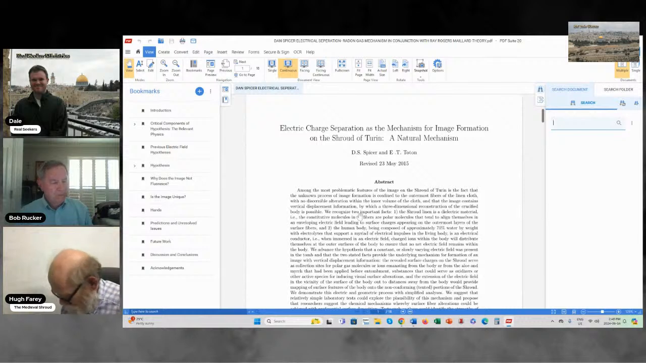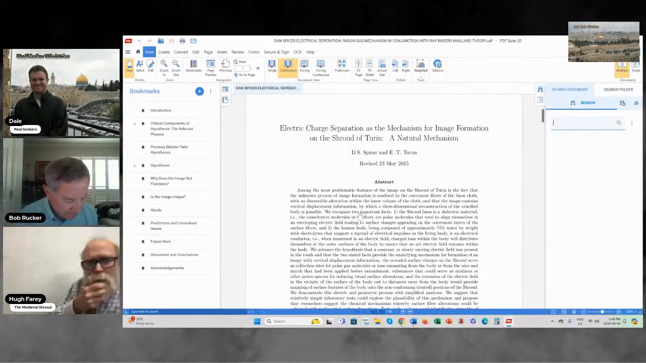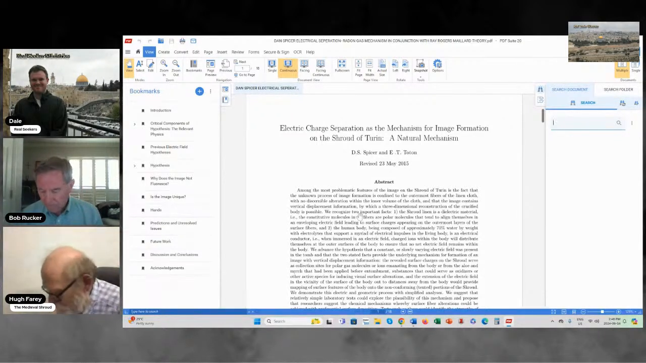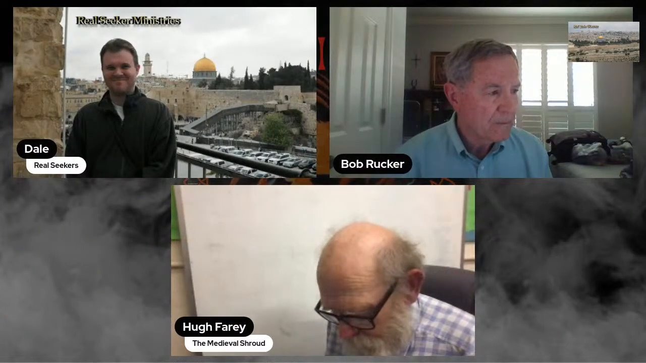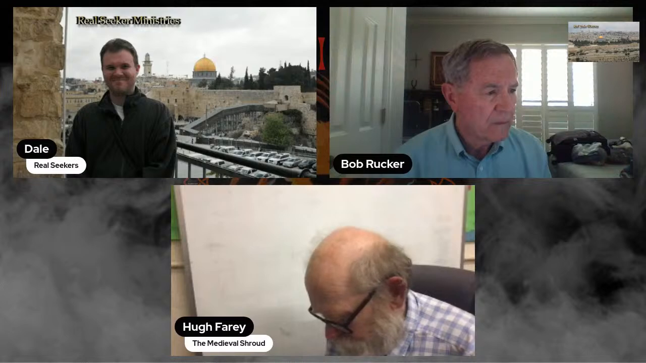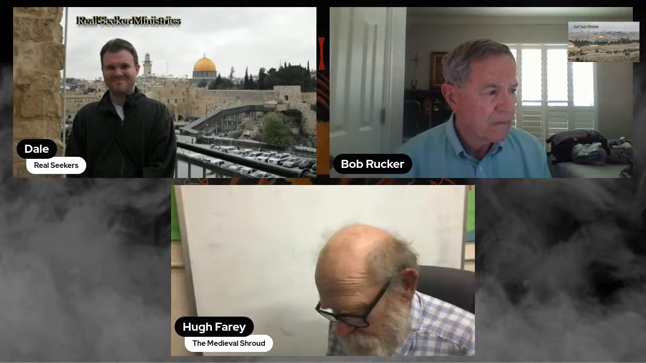So this is just a natural low energy electrical field that enveloped the body due to an earthquake or a lightning storm or something like that. And that is what this electric charge separation effect, that's what caused the body images on the Shroud of Turin. Obviously with the blood, we already covered that during direct contact, because there are essentially only three mechanisms that can